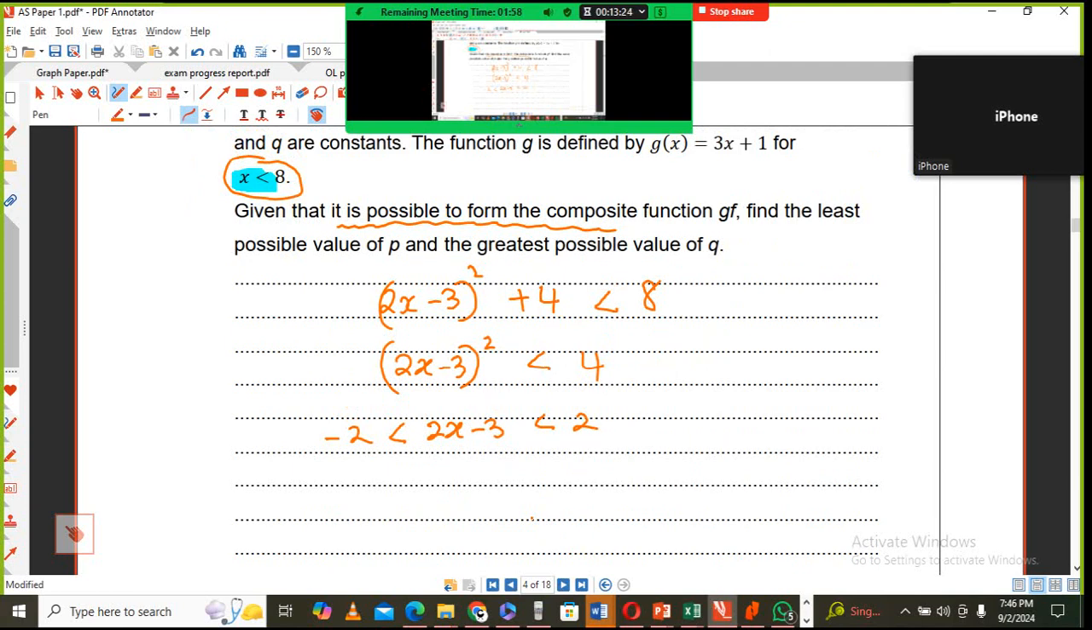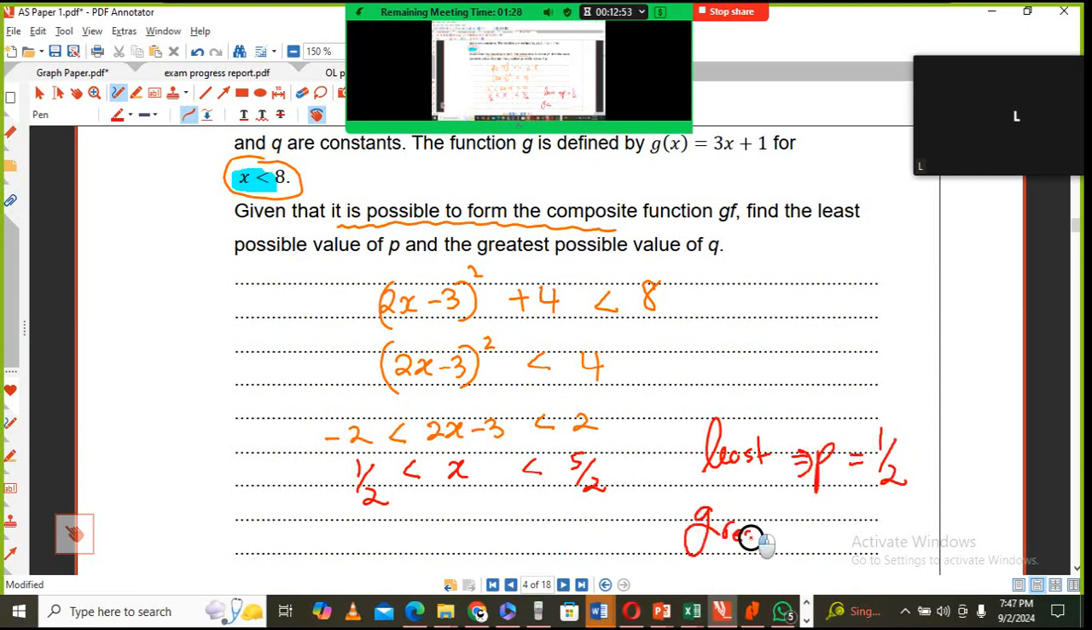You get it? Yes, sir. So now it's just a matter of isolating that x. This is going to be x is less than, that is going to be 5, half of 5. And if you take away, this is going to be 1 over 2. So our least value of P is a half,